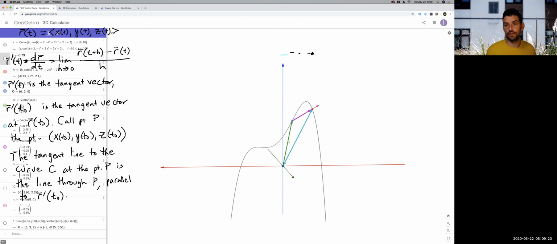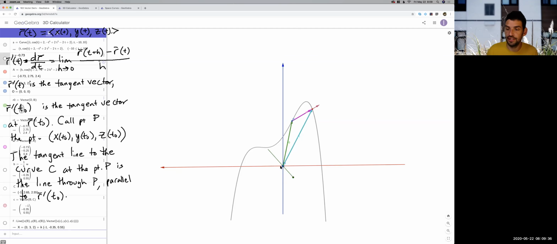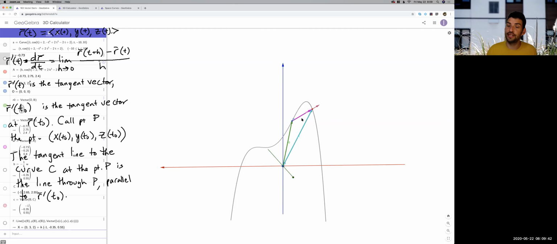So here we have this gray line, which is some curve. This green one is playing the role of r of t. This blue line is playing the role of r of t plus h. This pink vector is the vector between them, the numerator of our difference quotient,